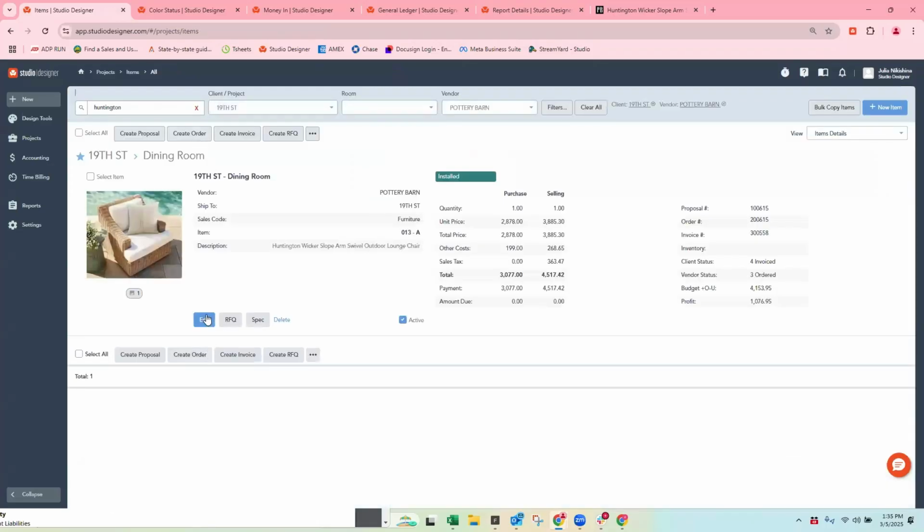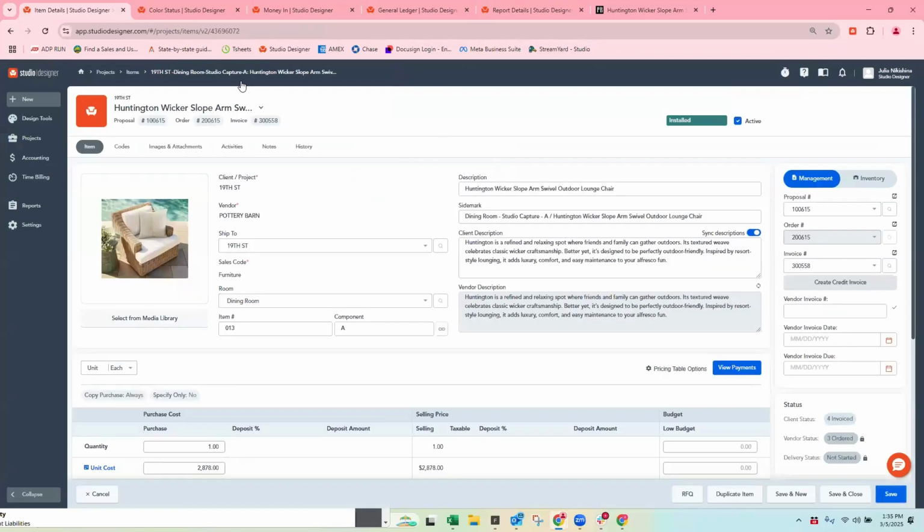Anthony, can I ask you a question? Yeah, go for it. Did you see this up here? It's interesting. This is saying Studio Capture A, but this is saying 13A, and this should really say 13A. It looks like this item was originally brought in from Studio Capture, and the item number and component were updated, but they should then update up here.